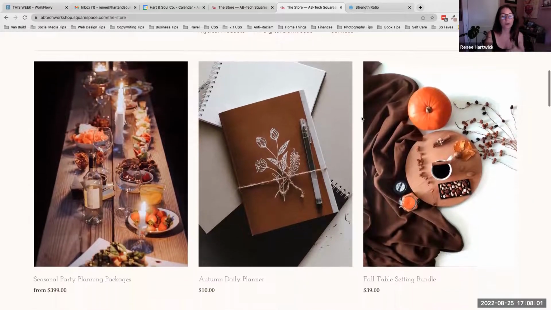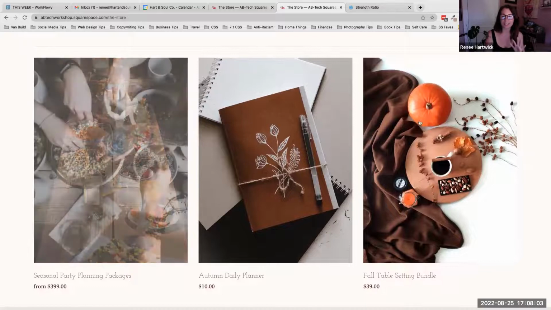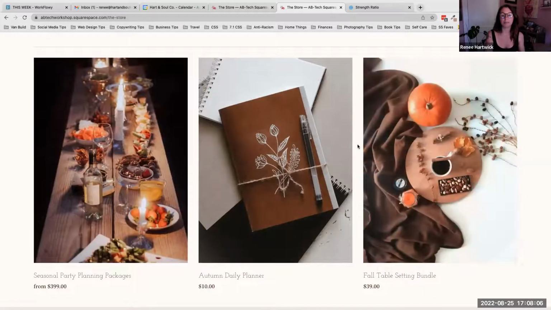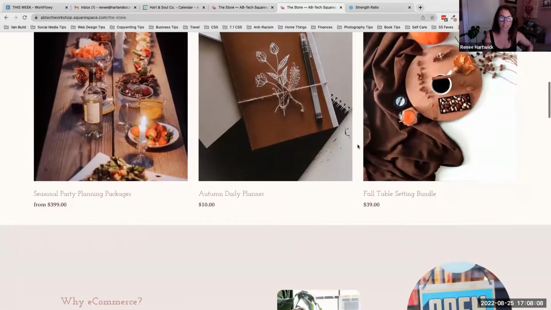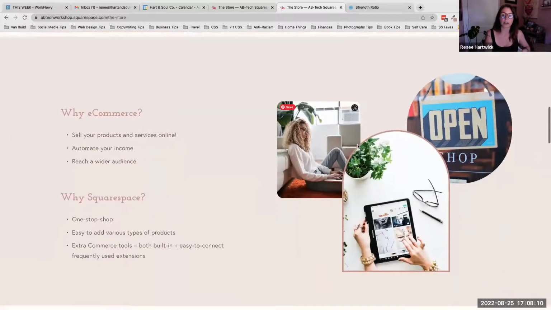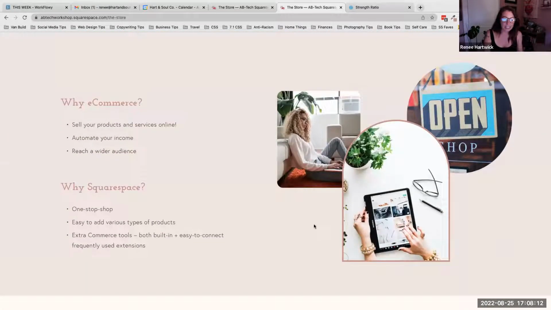So we're going to go through all of these products and all of this good stuff here, which are just a few examples that I've built out. So as we dive in,